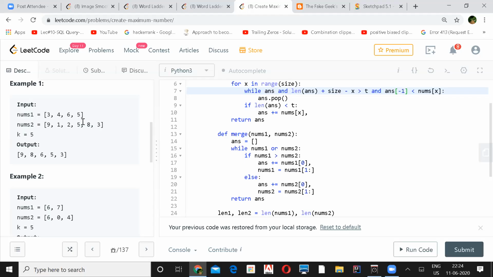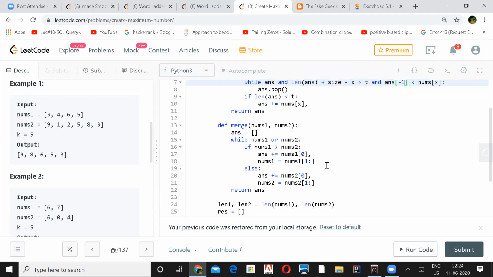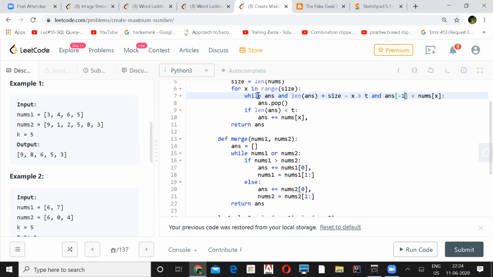I'll iterate on this, compare 3 and 1, check which is bigger, put that and then remove it. This is what's happening here, and this is a very crucial one. Even the merge is not so easy to come up with. Even after seeing the code, I was not able to connect it with the monotonic stack like this.